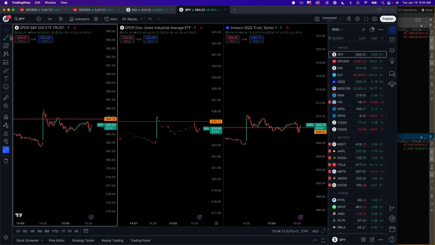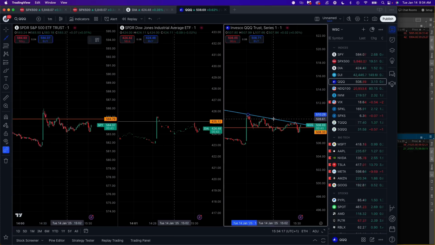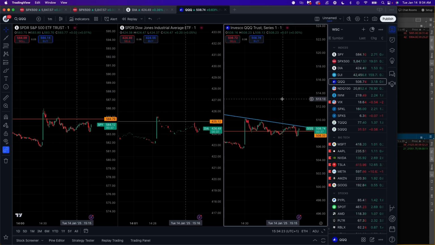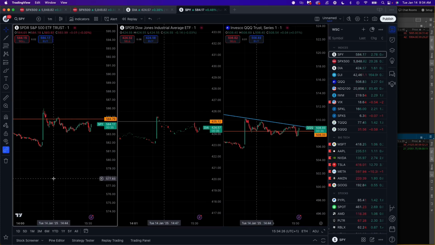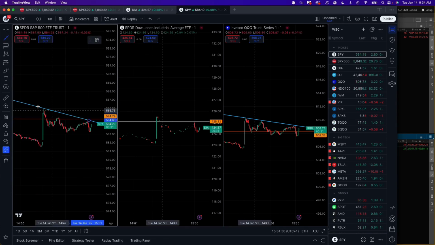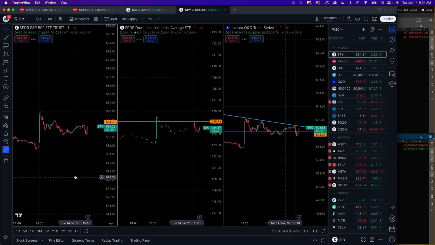I don't usually do this, but let's actually add this on the daily. So this is what the Qs want to do here. It's a flag pattern still. Let's see if we can see the breakout. So do we also have something like this here for SPY or not? No, we don't. Too forced.